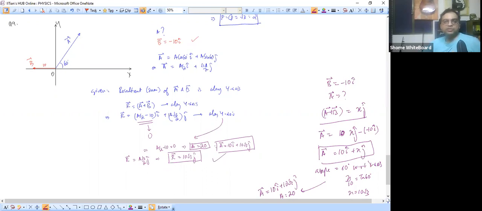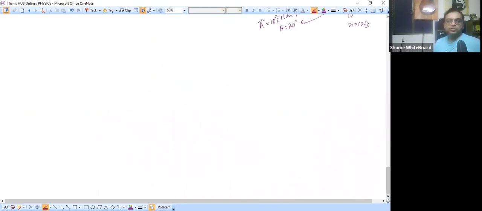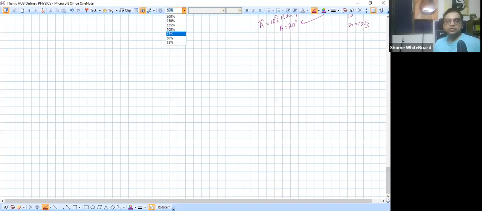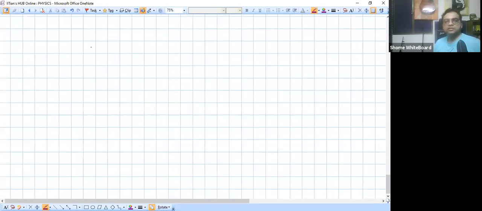So there are n number of methods. The one that nobody has talked about right now among you guys is how we can use geometry. Now let's see, we can use geometry also here. If we do it with geometry, let's see how that works out. So by parallelogram law, how will we deal with this? Let's see. Okay.